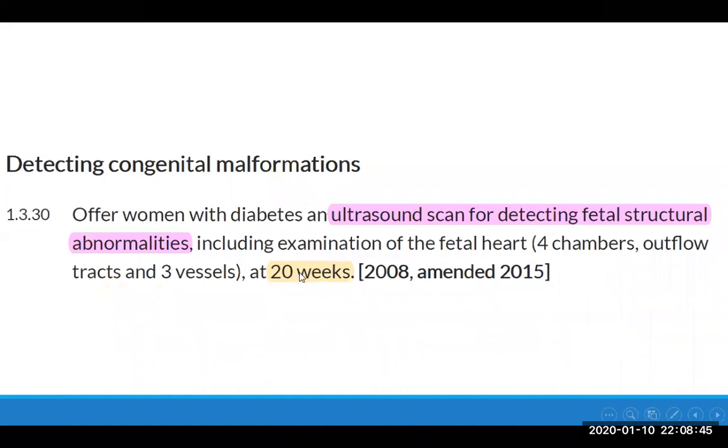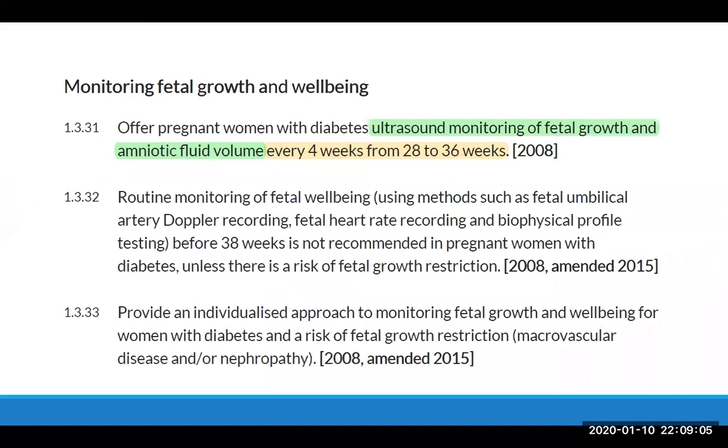Congenital abnormality, and this is another question from the previous exam. When to screen for congenital malformation? We must do an ultrasound scan for detection of fetal structural abnormality at 20 weeks. At 20 weeks, we must check for structural fetal congenital abnormality. And how to monitor fetal growth and well-being? This must be checked by ultrasound every 4 weeks from 28 to